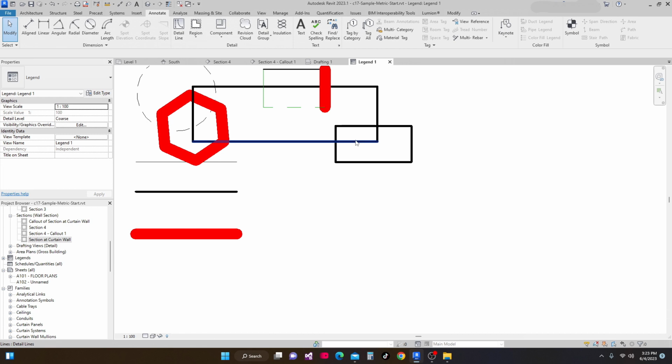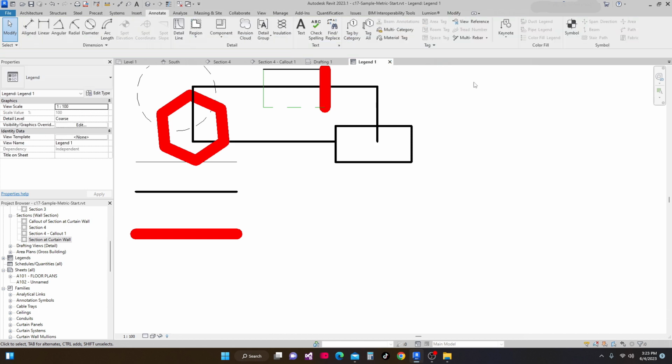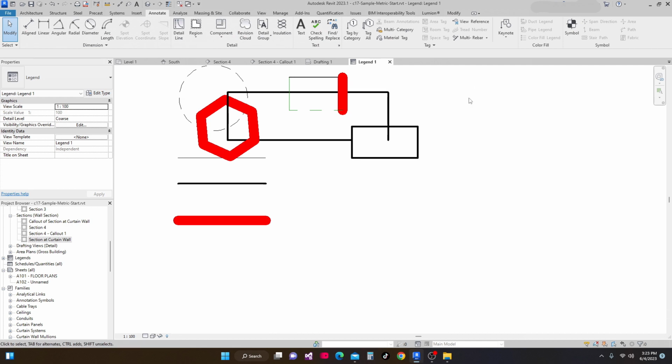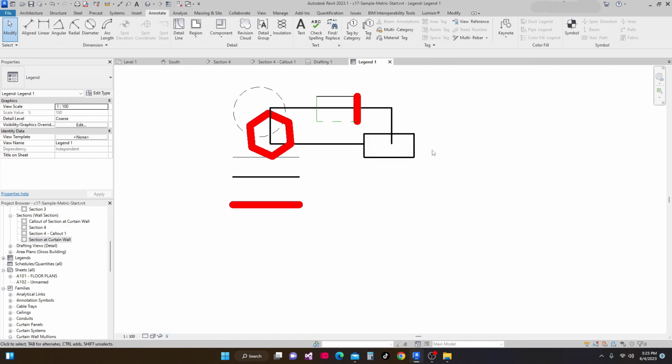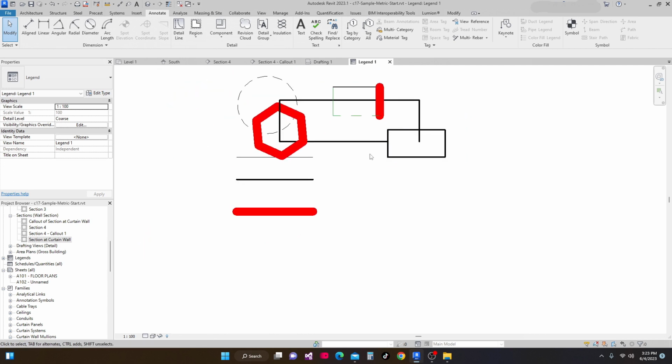If you want to bring this also back, there it is, it goes back. You can do like this. This is a mask, and this is all whole blank